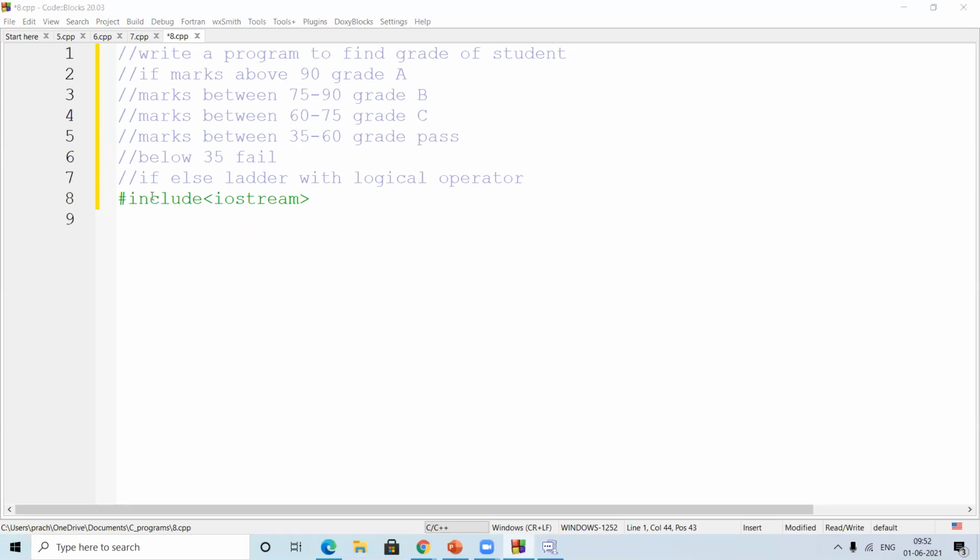Why did I ask you about the logical operators? Because for some statements you have to be very sure. Suppose this is a single condition, where the percentage is greater than 90. But what if the user enters 101? Do we have a percentage more than 100? No, we don't. For academic purposes, it's 100 only. So here you have to put an and condition, that is, it should be greater than 90 and less than or equal to 100. Correct?